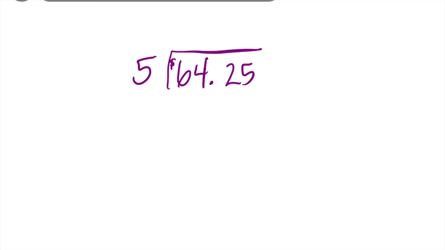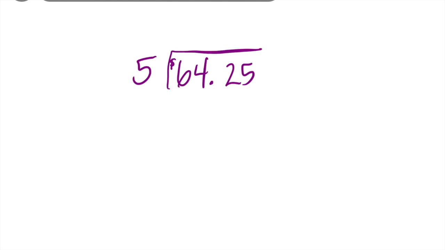Okay, your turn. Will you divide $64.25 into 5 equal groups? We could pretend that we're sharing the cost of a dinner between 5 friends. So the total bill for dinner was $64.25, and 5 friends are going to share the cost. So figure out what the quotient would be, what each friend would be paying, and then check back to see